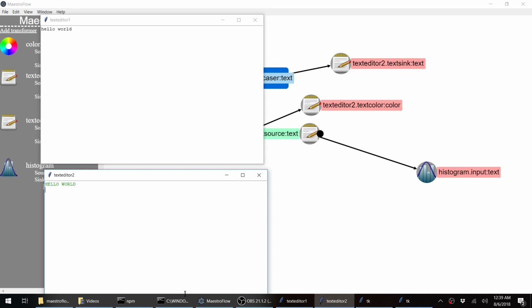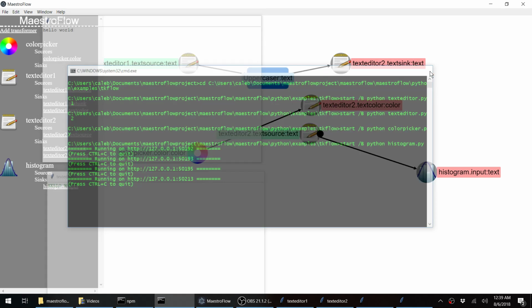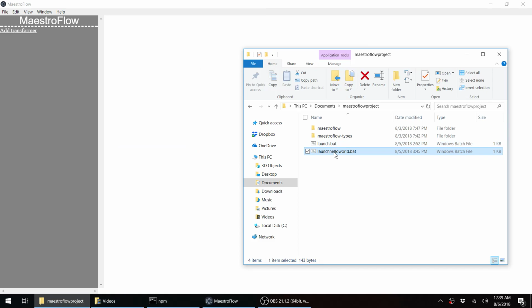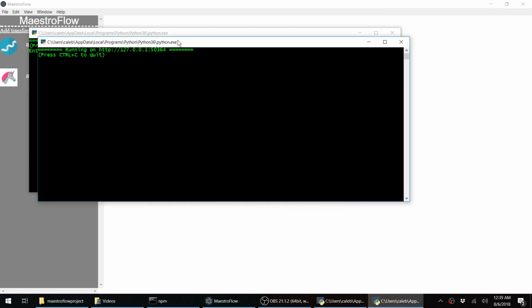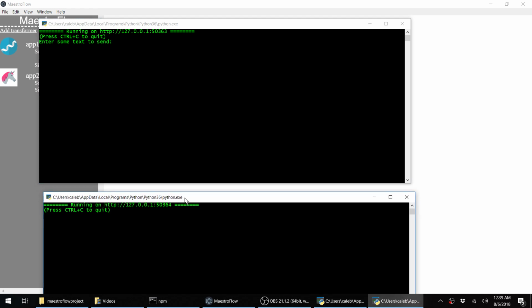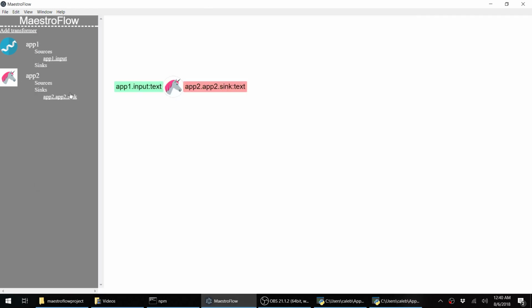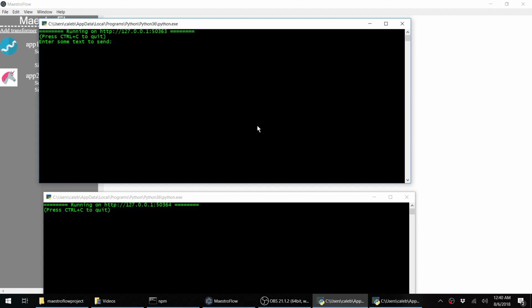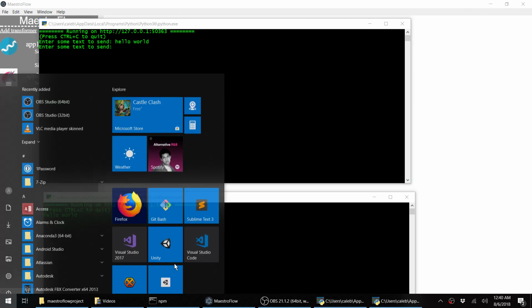Cool. Okay, so let's take a look at another example. I'm going to close that and refresh that, and I'm going to launch a simpler example. So this is another example, sort of the hello world example, where we have a first program that's going to just send text to the second program. So let's hook up the sources and the sinks here, and make the edge. And now when we write text in the first program, it'll get sent to the second program, like so. Okay, so let's take a look at the source code for that